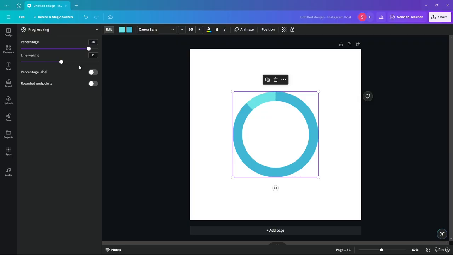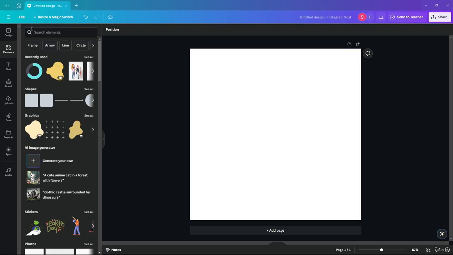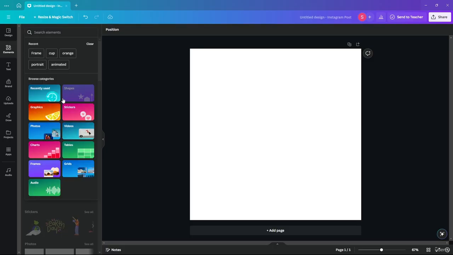And you can also give it rounded or non-rounded as well, as you can see. Now I'm going to go ahead and press the delete button to delete that. Now, underneath elements over here, if I go ahead and left click here, as you can see, a new window pops up. A smaller window pops up with recently used shapes, graphics, stickers, photos, videos, charts, tables, frames, grids, and